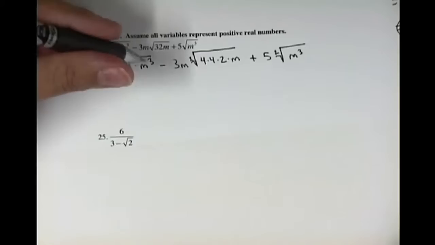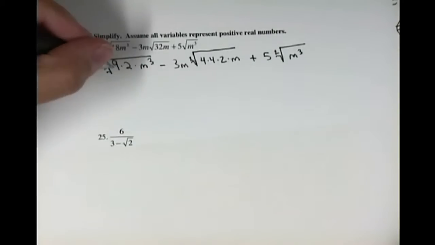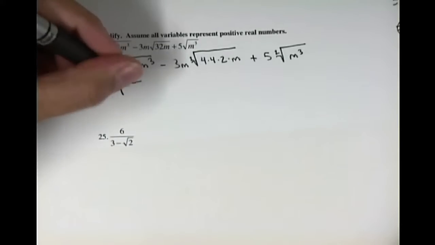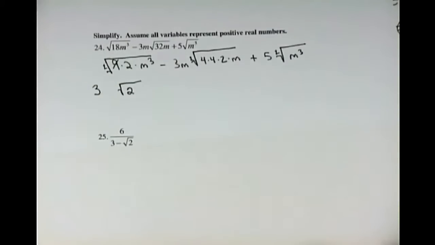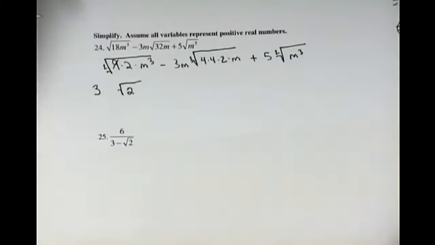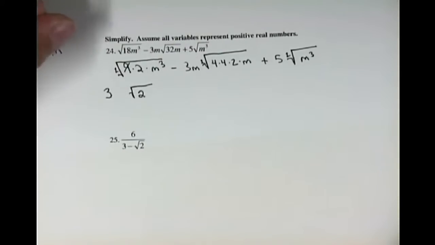So I'm going to go to my first expression and look at it and say, ooh, the square root of 9 is 3, so that goes on the outside, and I've taken care of the 9. On the inside, I still have a 2 left because 2 does not have a square root. The m, there's 3 of them in here, and I'm looking for groups of 2 because I'm looking for square roots. Another way to look at it is